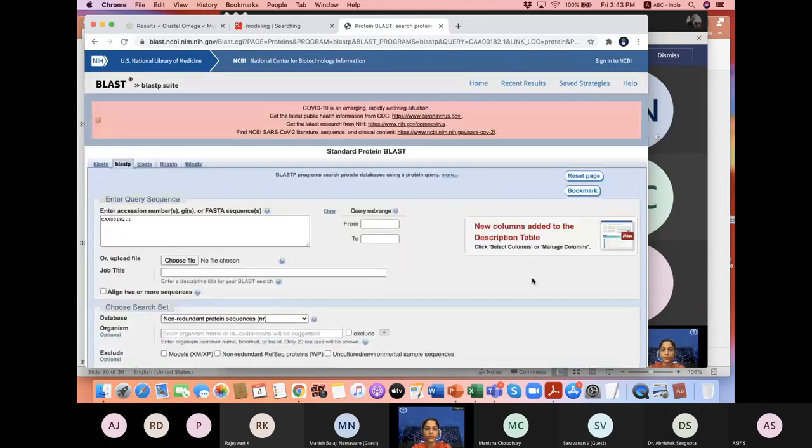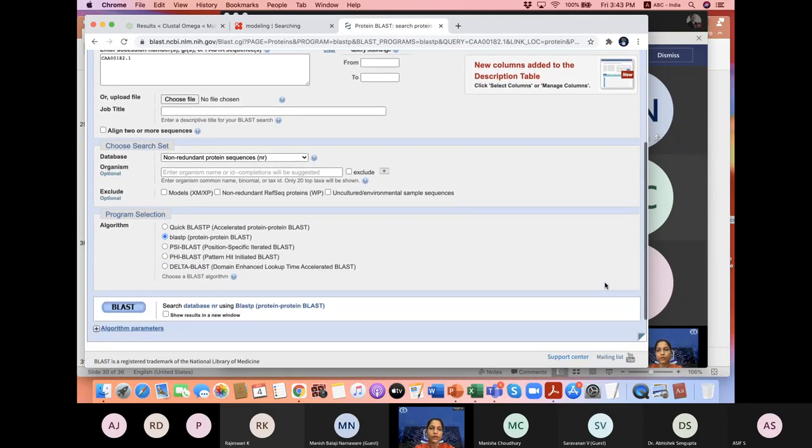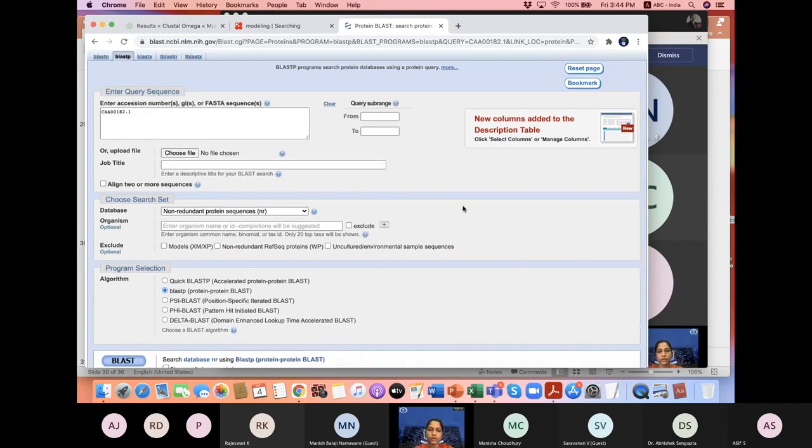Now this particular page has come, right? Here already, because I have clicked on run BLAST right from the page where the sequence was there from NCBI, it has automatically taken the accession number from there. So you can see now what we would do here is, in case of database, you also have the options of actually choosing, if I do not want the entire protein to be blasted.